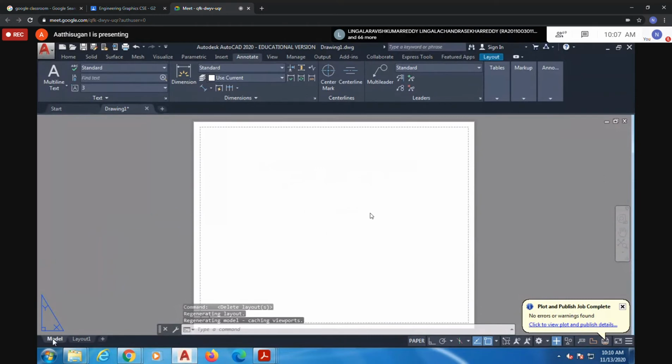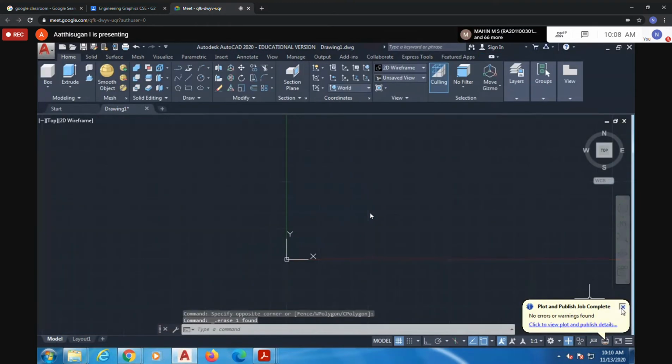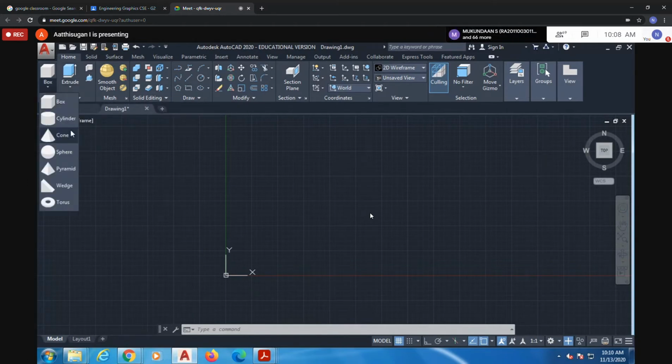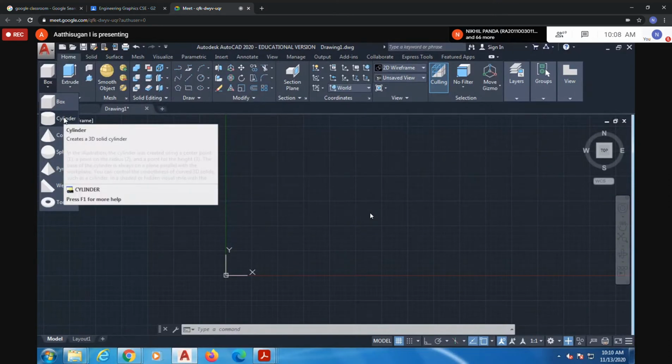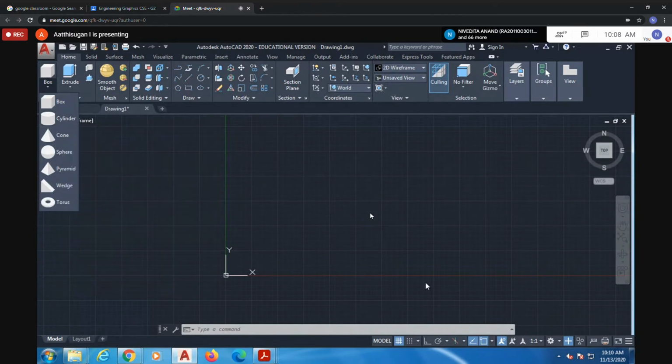Same diagram, same window. We are going to draw the pyramid. I hope some people have understood how to draw the prisms, so that you can draw any shapes. You can use the extrude option, or if we are drawing a box directly, you can write it here. That is a cube. You can also draw the square and extrude. That is one method. For drawing a cylinder, you can take it directly from here, or one more method is to draw a circle. I'll draw in isometric view.